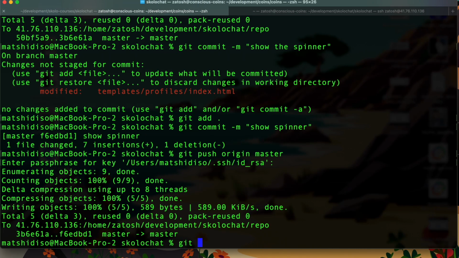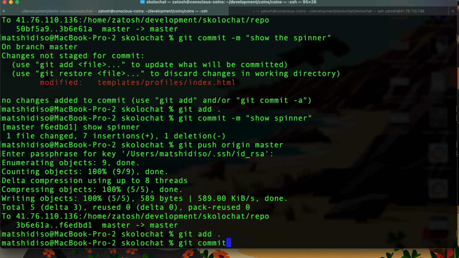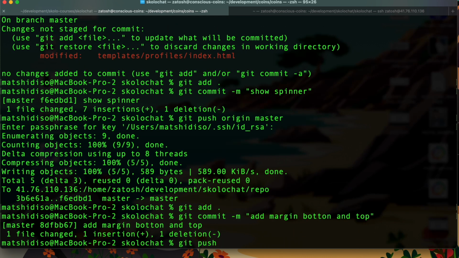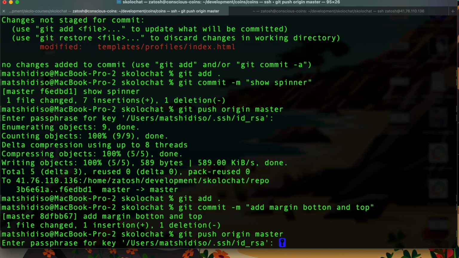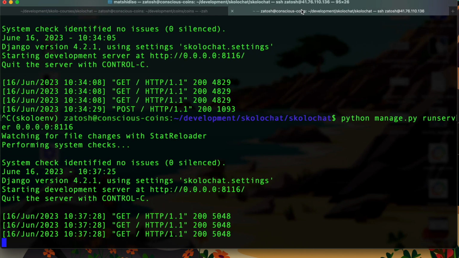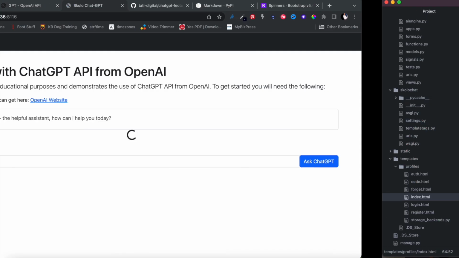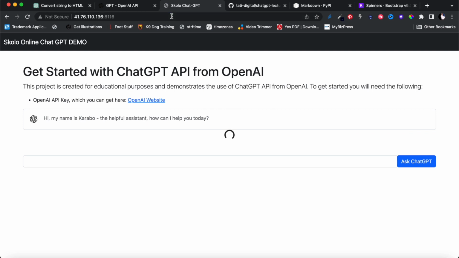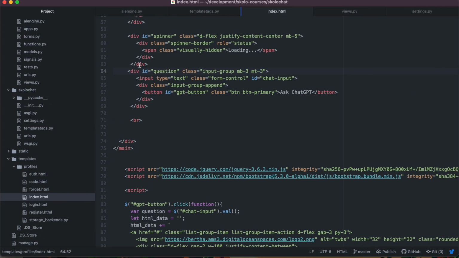All right. Add a margin bottom and top. So MT is margin top and MB is margin bottom. I think people that are Bootstrap specialists will know this, but the more you code with this, the more you'll remember. And okay, so MT3 doesn't seem to work. Why doesn't that work? I do not like that. Okay, so